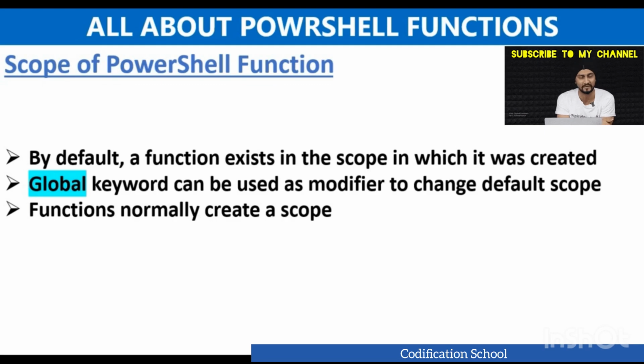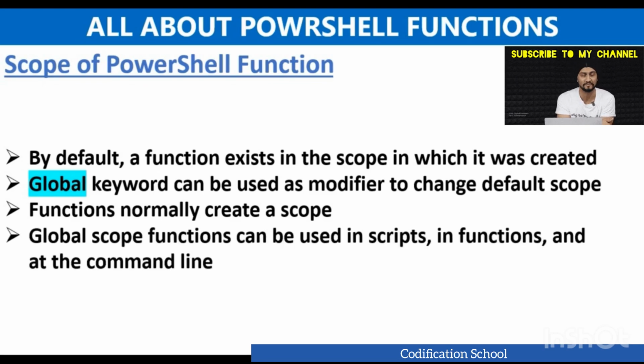By default, functions create a scope. If we create a variable in a function, then that variable has the scope of the function only, meaning we can use that variable in that particular function only by default. In case we want to change the scope of that variable, again we have to use the modifier. We have discussed in detail how we can change the scope of a variable in our previous classes of the variables section. Please refer to that in case you want to know in detail.